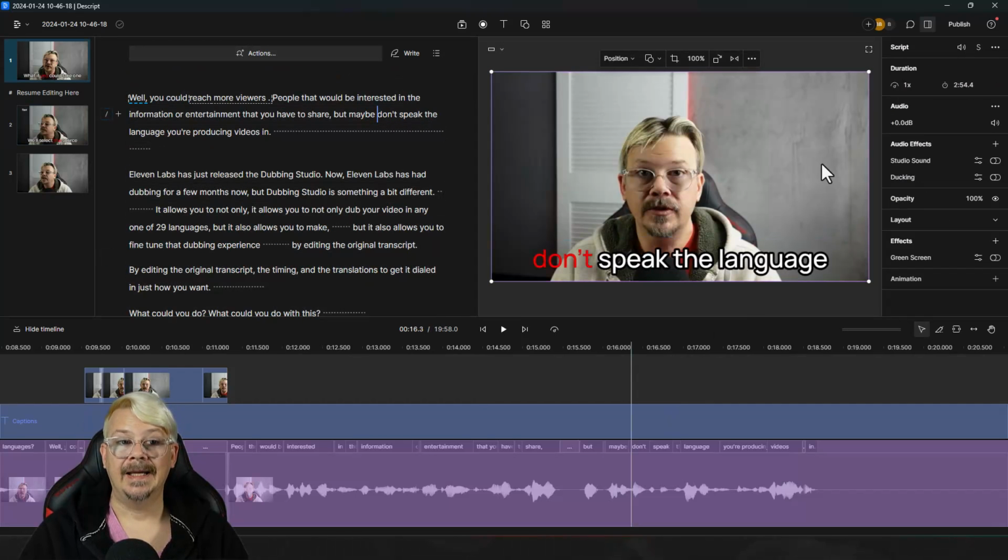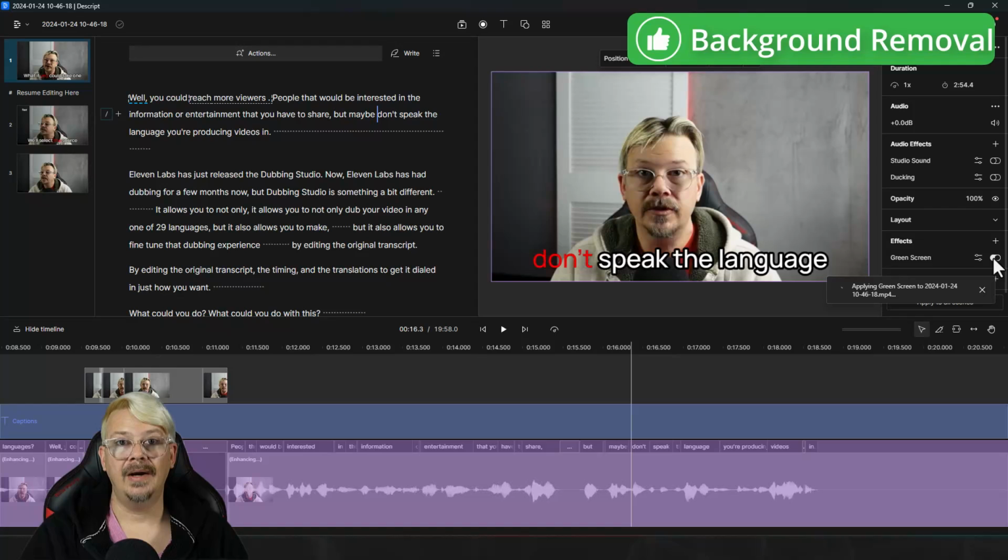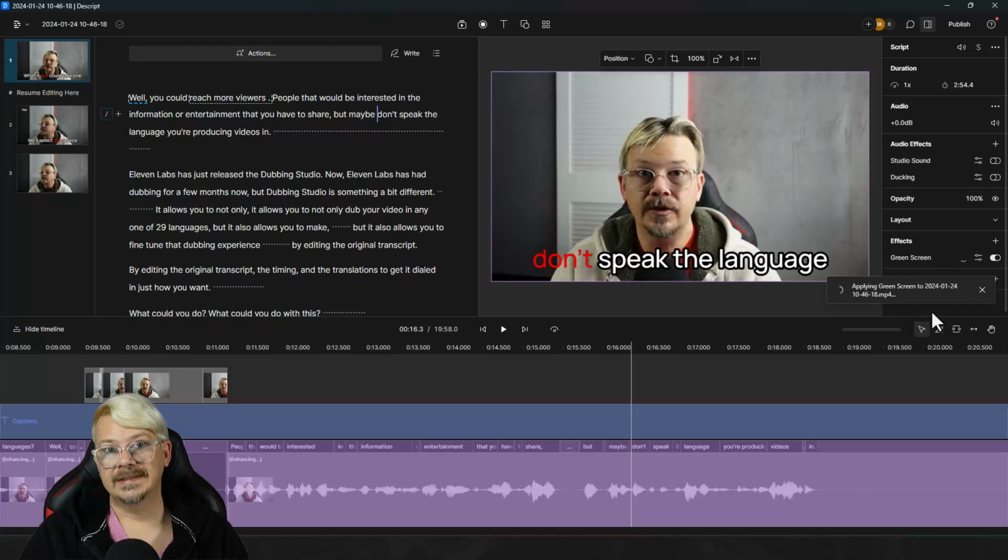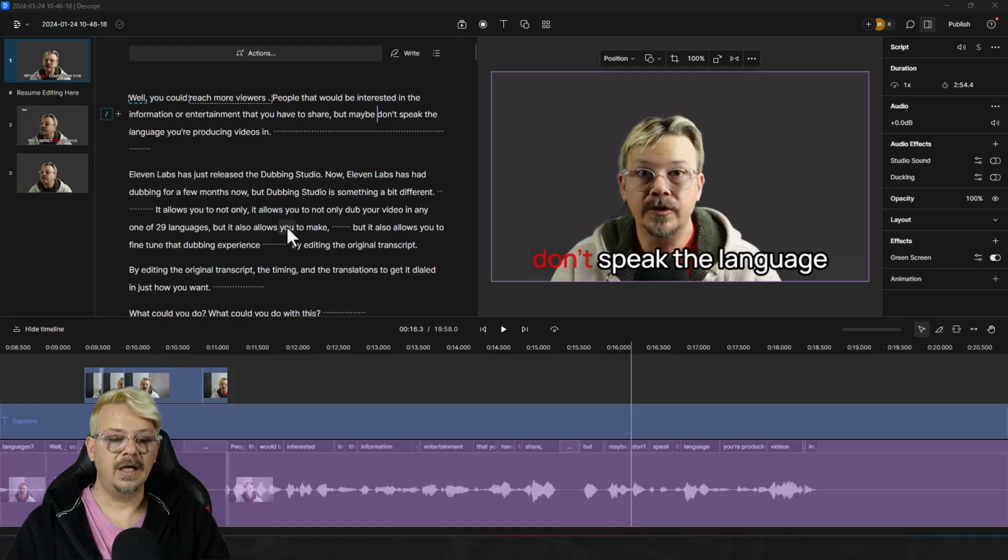Another thing that I like about Descript is an effect that it calls green screen, and this drives me nuts. This should be called background removal because it doesn't rely on a green screen. This is another single click of a button AI deal. No, it's not super fast. I believe this is happening on Descript's side of the fence up in the clouds, which of course means there's a trade-off because it takes a little bit longer for this stuff to happen. But on the other hand, you don't hear the fans on my computer trying to take off into outer space because it's not doing a whole bunch of super duper processing to make this happen. And after a few minutes, what you end up with is your background removed.